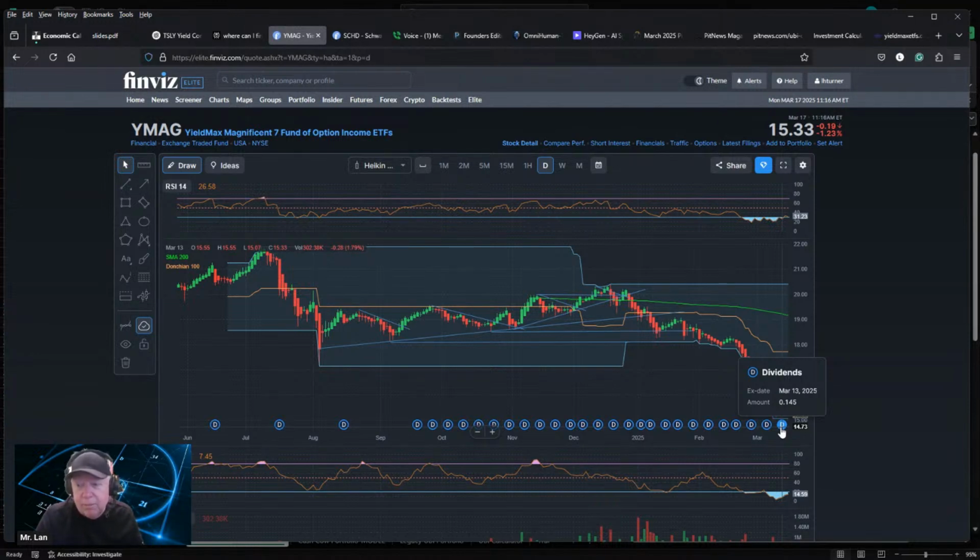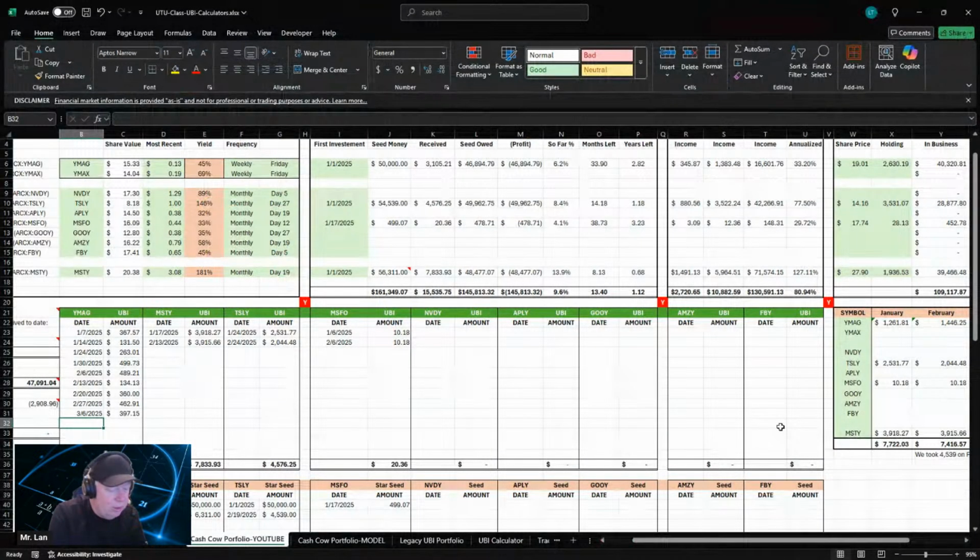14.5. Oh, not 14. It's 0.145. That would have been a nice dividend, $14 per share. Okay, March 13th. So we're going to go in here,